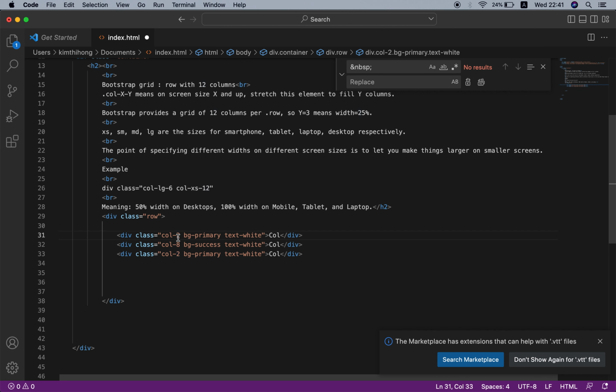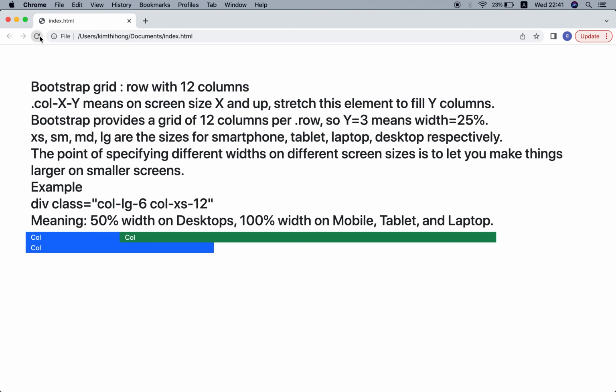So 2 plus 8 plus 2 equal 12. That is the 12 column grid system. Save and check. And now you see here 3 columns with different sizes. Okay, 2, 8, and 2.